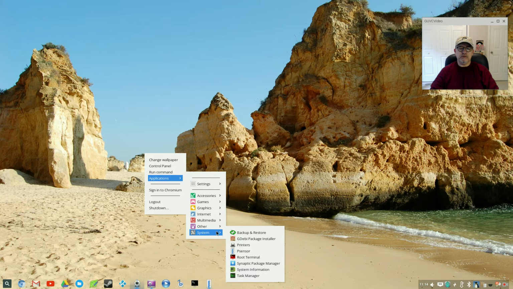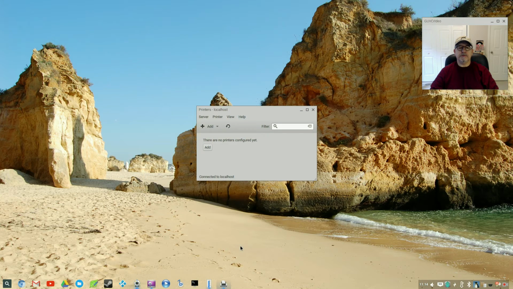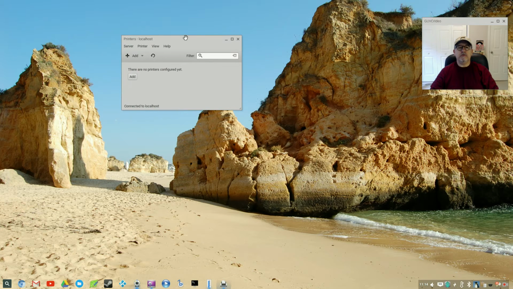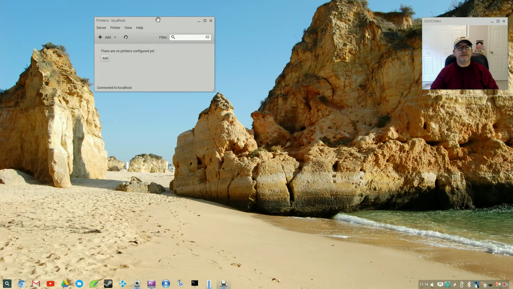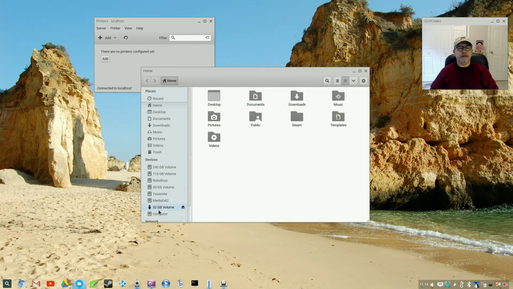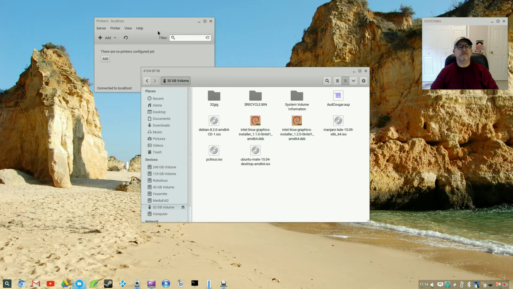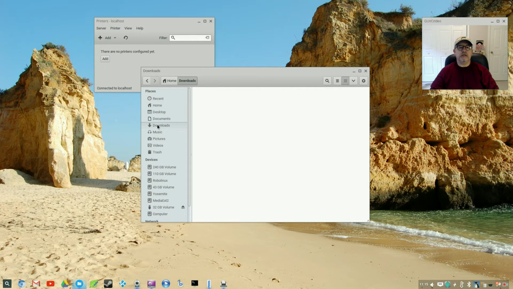So I don't believe I've installed a printer. So let's go ahead and install a printer. I believe I have the file I need on a stick, yes, I do. So if we take a look in downloads and I create a folder called printer